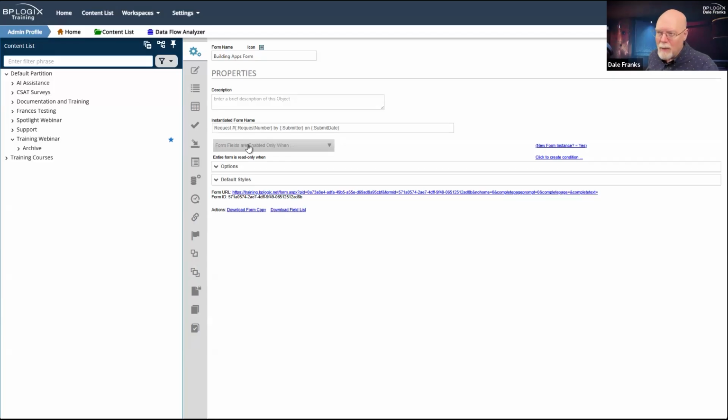I'm just saying disable the whole form. But the way that disabling and enabling works is if there is a conflict between two objects on a form as to whether they are enabled or disabled, the object at the lowest level always wins. So I can disable the entire form, and then later on in the process, I can enable a section or even an individual form field. And if that form field is enabled,